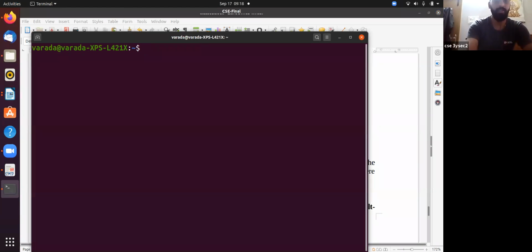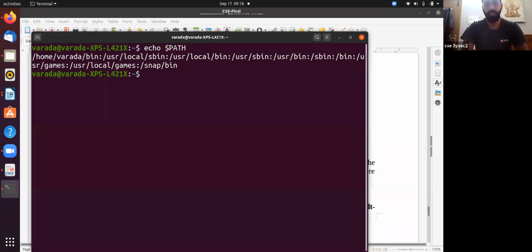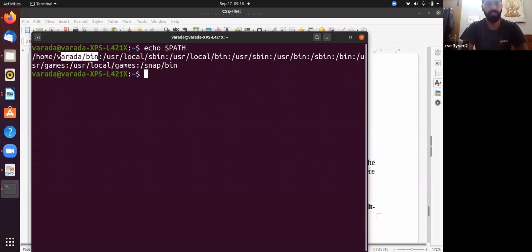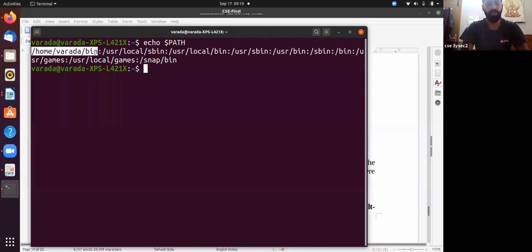Now I'm going to print PATH. What you observe is that the PATH variable contains this information. This is the default path. In the last class we saw these two; the home we can add manually.